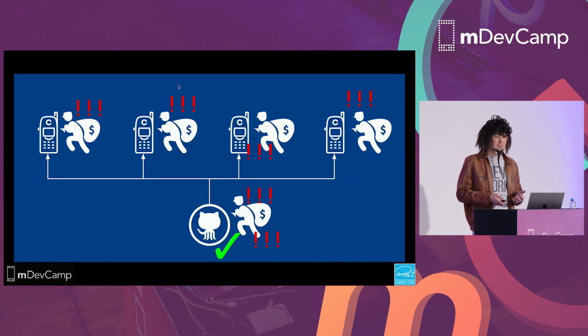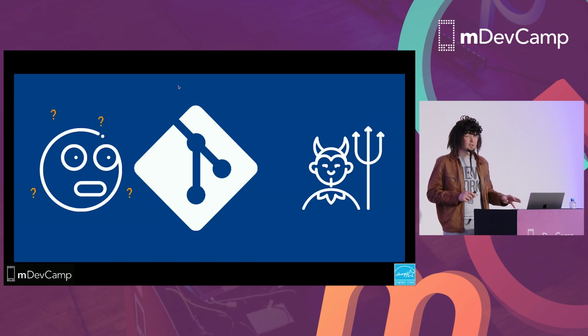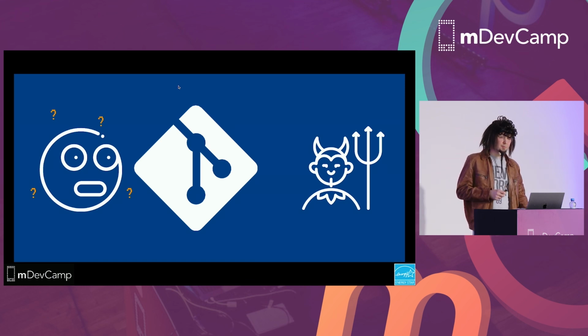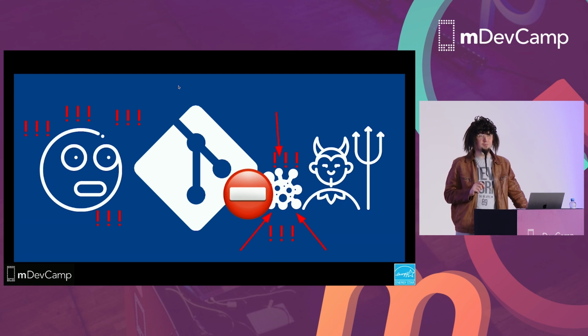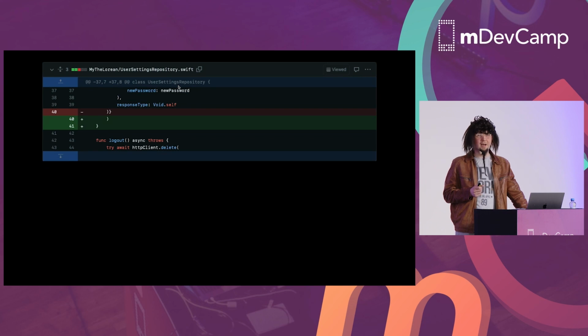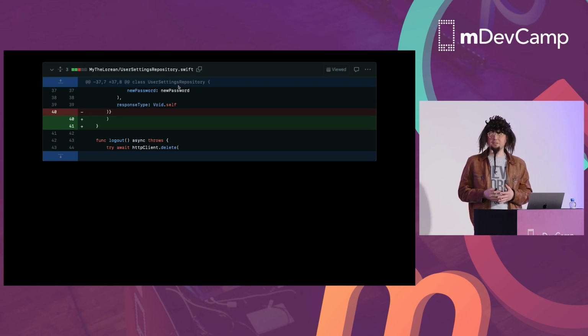Well, there are many possibilities. I will tell you about two examples. The first example, the frustrated employee. It's rather improbable because it's very risky. You know, we have a Git history, we have code review, and each line of code is being verified by someone, yes? Well, no. I can remember a situation in my daily job when one of my colleagues did something